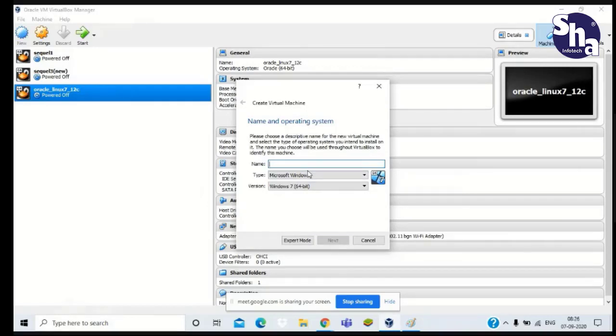Here it is asking for a name. You have to give a name for your machine. You can see here SQL1, SQL3, Oracle underscore Linux 7 underscore 12c. If you want this kind of names to appear in this particular section, you have to give some name here.